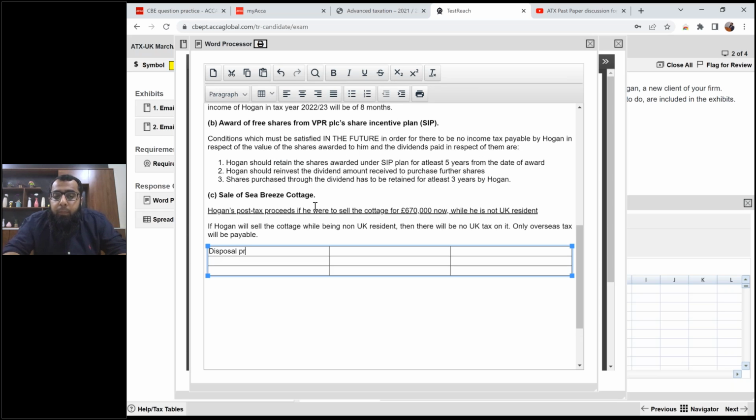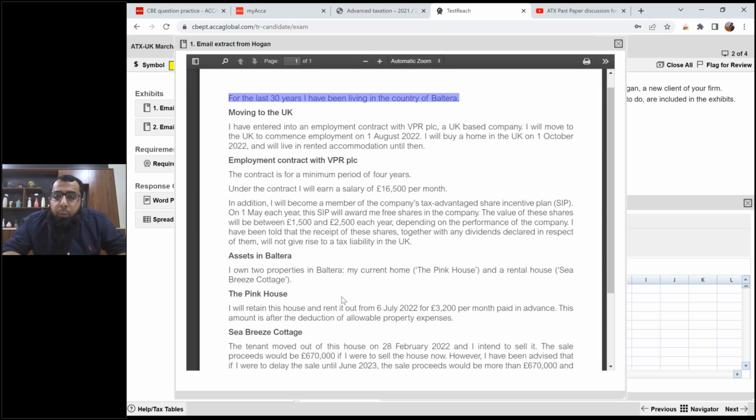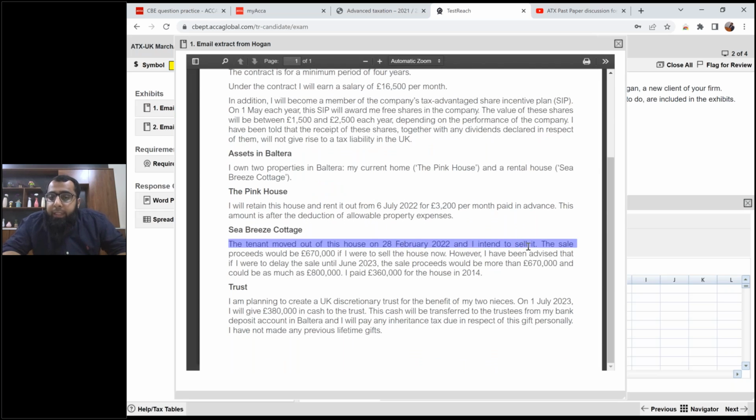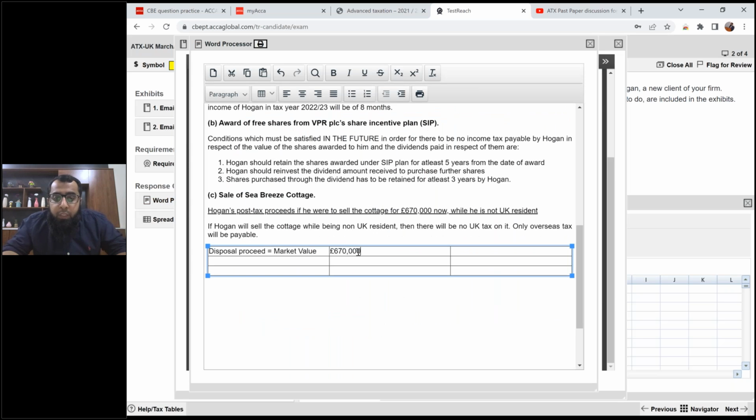Disposal proceed is equal to market value. What will be the disposal proceed? Here it was given: the tenant moved out of the house on 28 February and I intend to sell it. The sale proceed would be 670,000 if I were to sell the house now. So the disposal proceed is 670,000